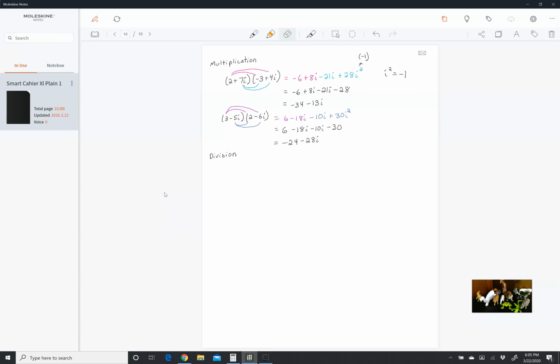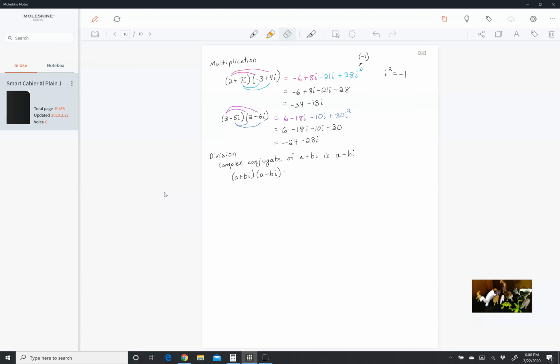So division, you need to know what the complex conjugate is. So the complex conjugate of a plus bi is a minus bi. And what's important to remember is that when you have a plus bi times a minus bi, when we multiply